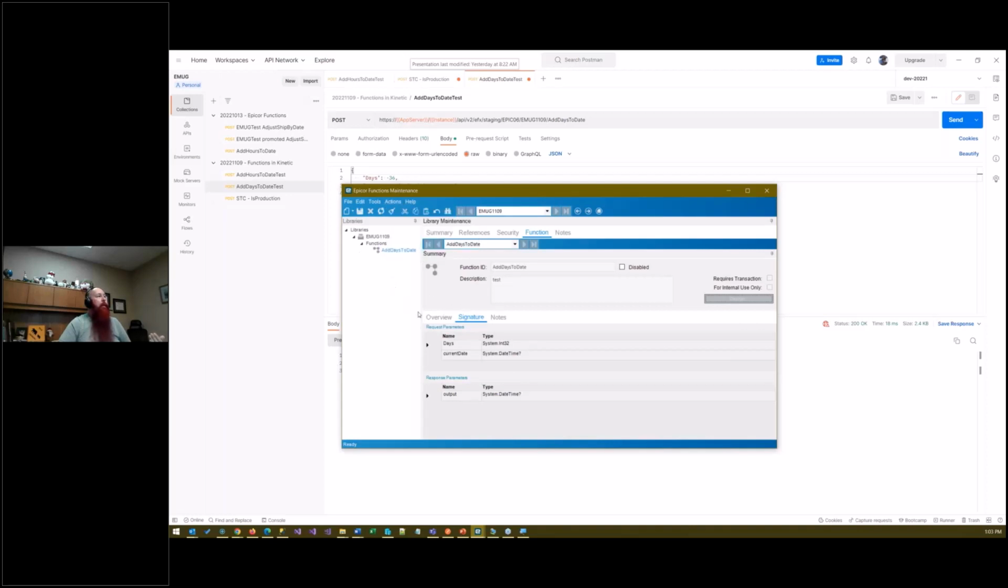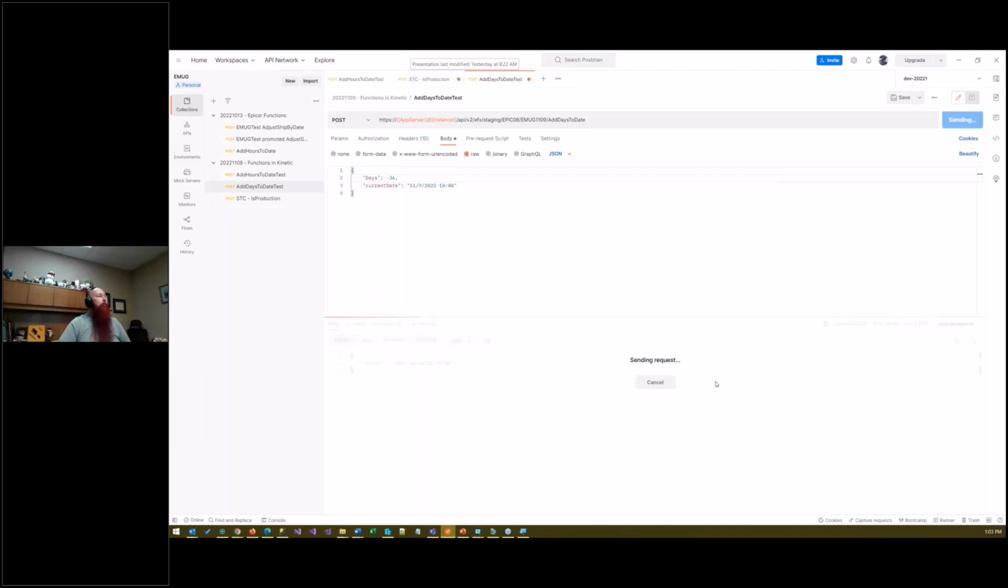Now that I've got my item in production, if I try to call the staging, I'll come back with a blank response. That's because it's no longer in a staging environment, it's now in production. So I can take this /staging out. Then when I hit send,